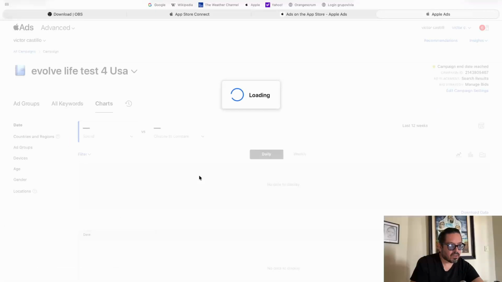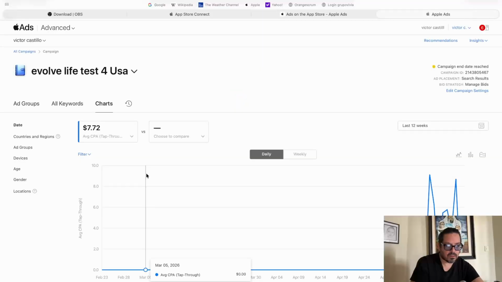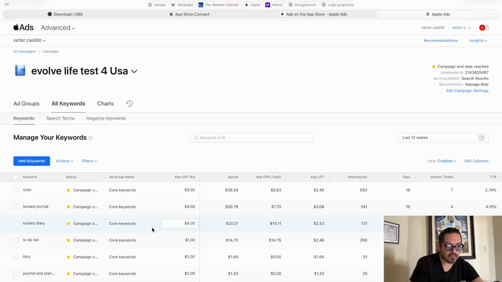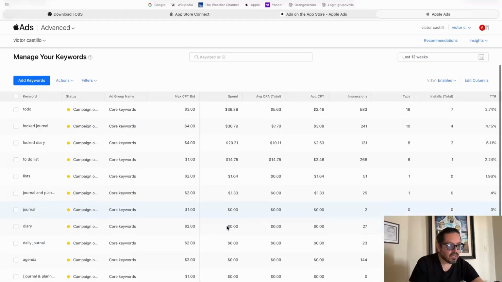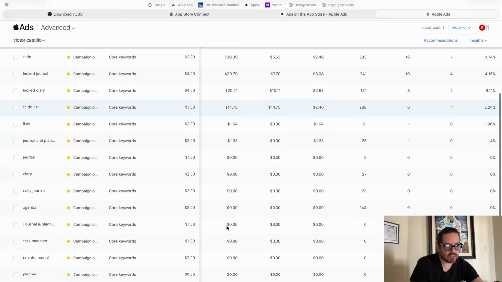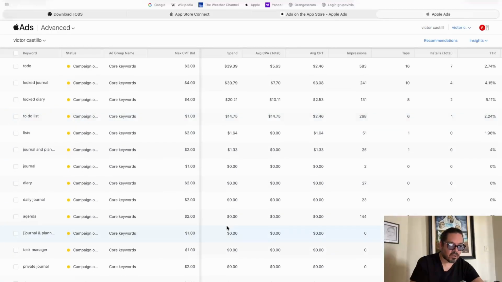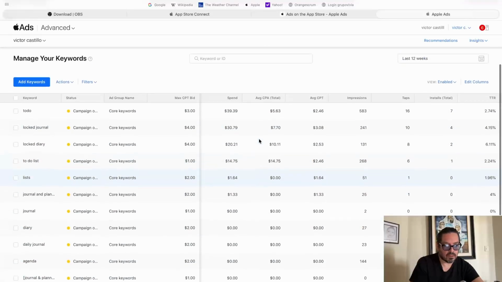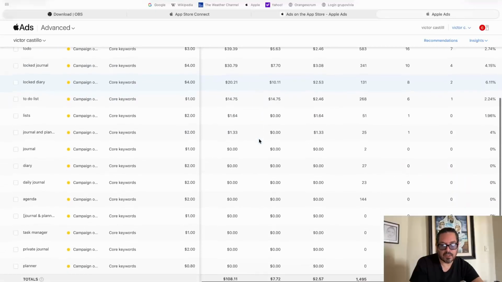And here are the keywords that I chose. Well, I don't know. I don't even know what this is. So here are the keywords that I chose, and yeah, there were more focused keywords from all the other experiments that had been like good keywords. I picked up these ones, and I managed a little bit of how I was going to bid on them to make it more efficient.